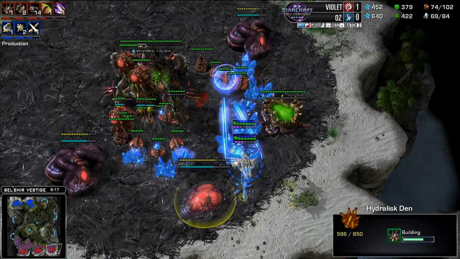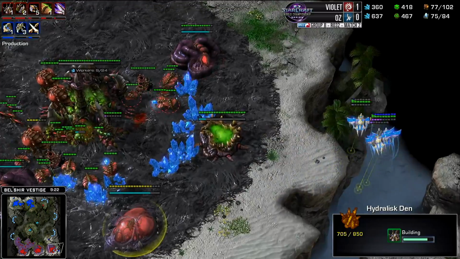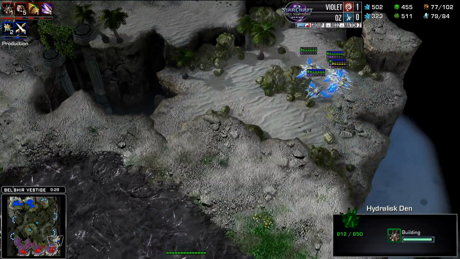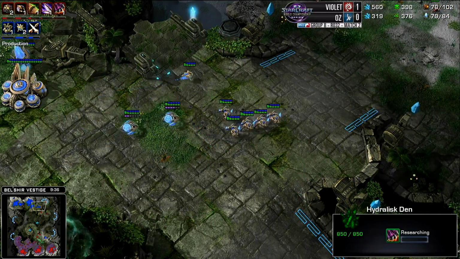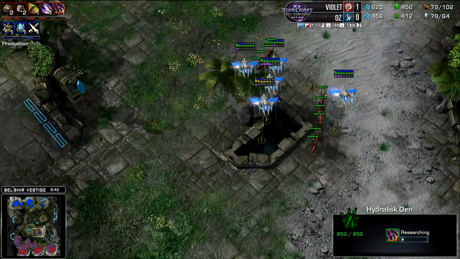And this is the exact same build we saw from Scarlet on this map. So it is potentially that we're seeing a lot of Zerg players favor Hydralisks on this map. Well, I mean, also after seeing Stargate openings. And this is true. One of the interesting things about this map is it has a lot of